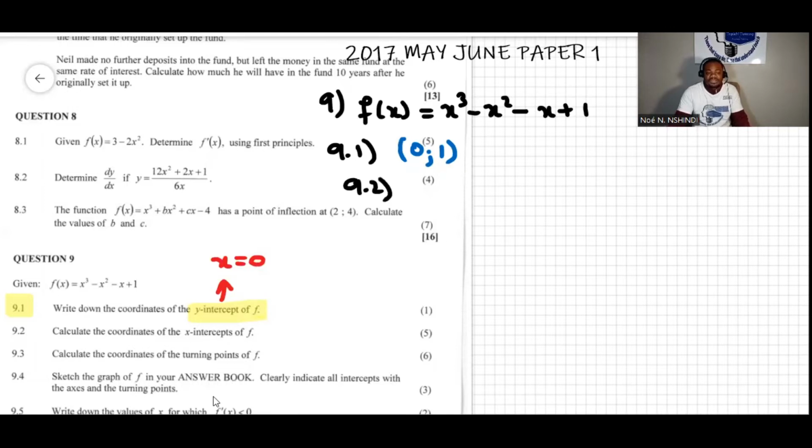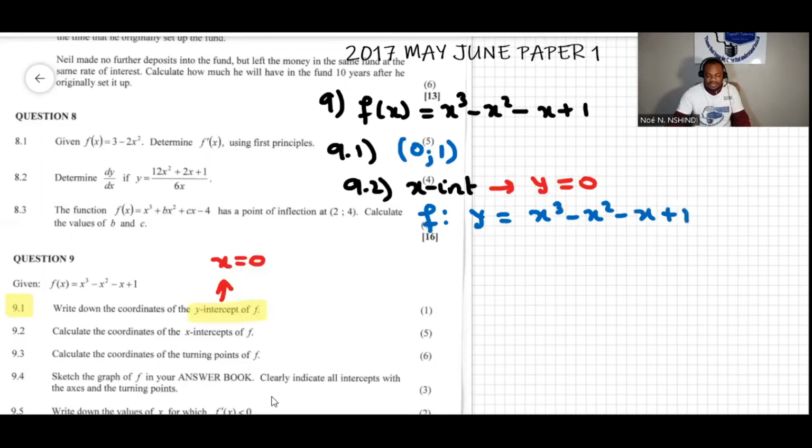Now, question 9.2. The question says, calculate the x-intercept now. Okay, so we're looking for the x-intercept. Similarly, the x-intercept simply means make y equal to 0. So in this situation, f of x is just like y. So we have y equal to x cubed minus x squared minus x plus 1. Over here, we're going to substitute the value of y by 0, and then we have 0 equal to